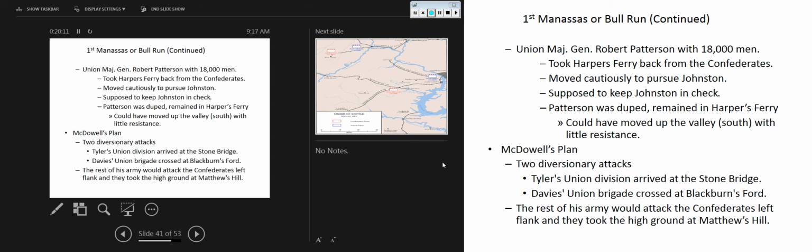He does retake Harper's Ferry, as they had predicted would happen, but he doesn't pursue Johnston's force, nor does Patterson take advantage of the wide open door up the valley. And when I say up the valley, we're talking south, not north. So he could have moved up the valley without really much resistance at all. The only resistance he would have come across would have been home guard and partisans trying to defend the valley. But he stays put because he feels that Harper's Ferry